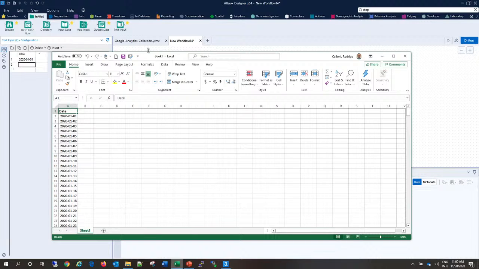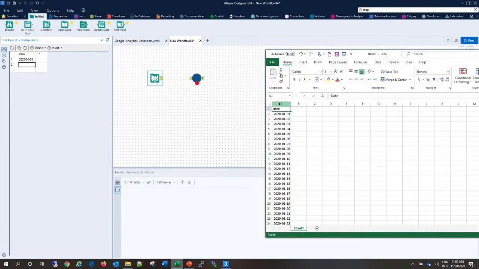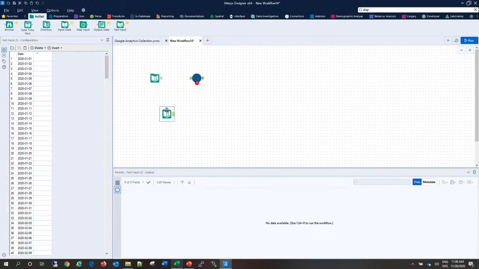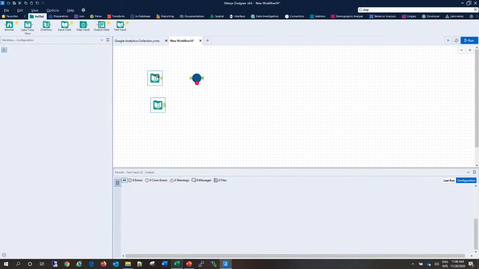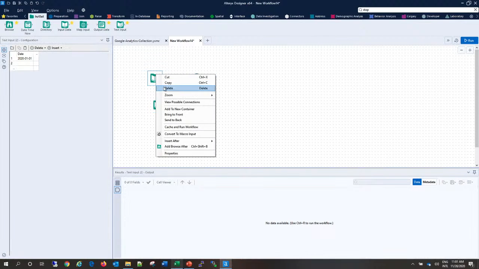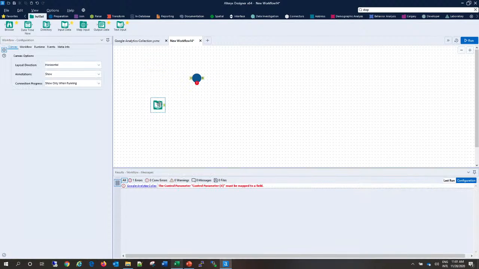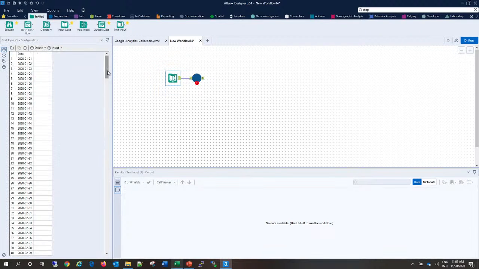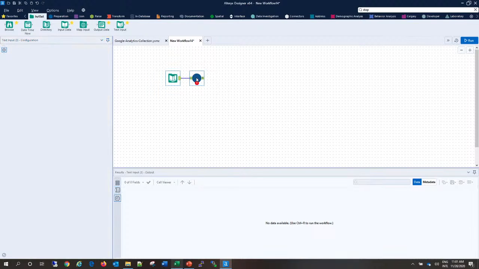So I'm going to pick all these dates, Ctrl C, and paste. Here we are. This is my new input file. I'm going to delete this and pass this here, so they connect nicely. So again, in the input file I have all the dates, from the 300-something dates. So I need to configure